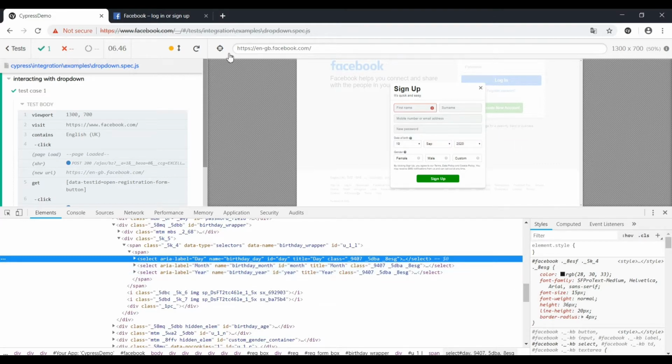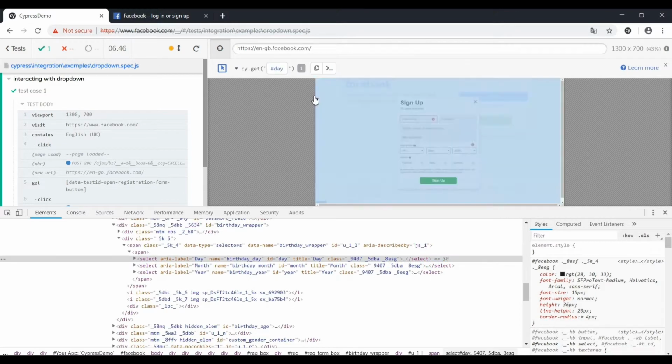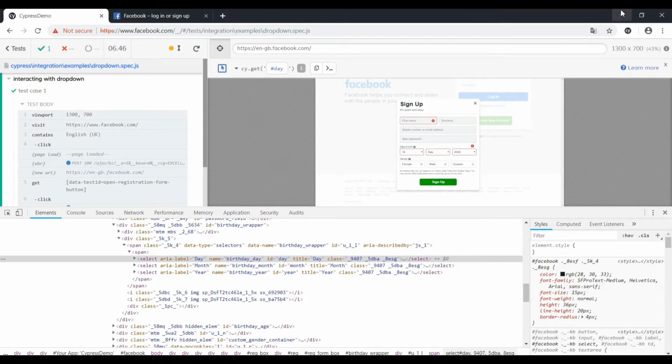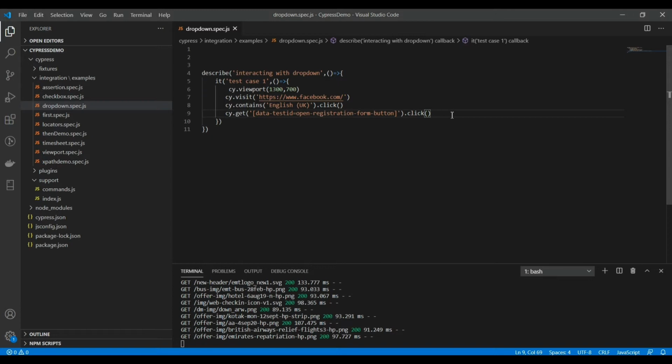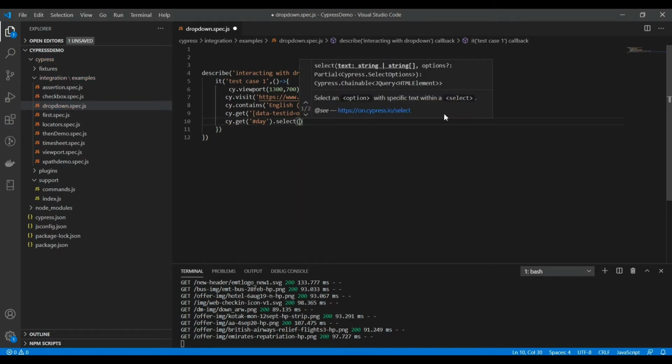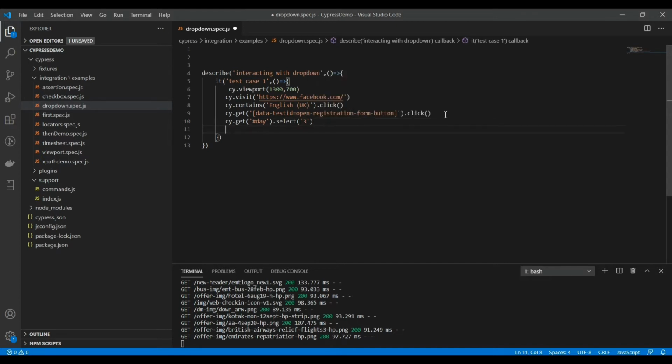So first we want to select the day, so we can just use cy.get and pass the ID of the day drop down, and then we have to use the select method, and here we have to pass the value whichever we want to get selected. So I want 3 to be selected, and similarly here I can use month and year as well.